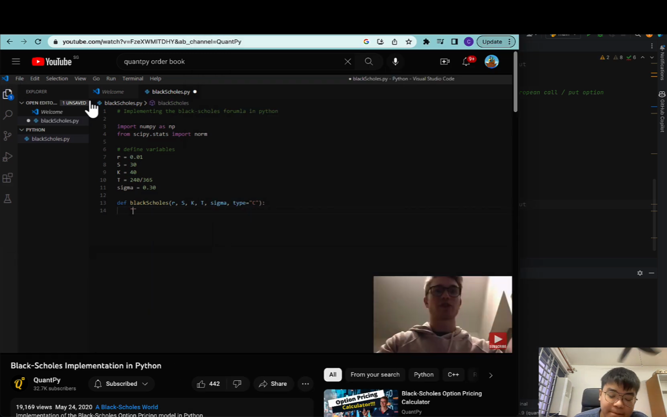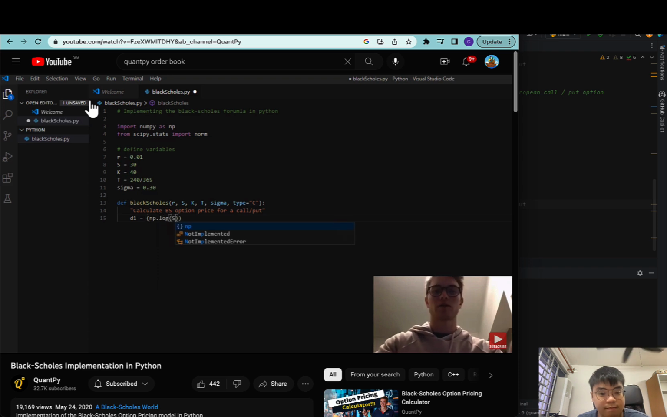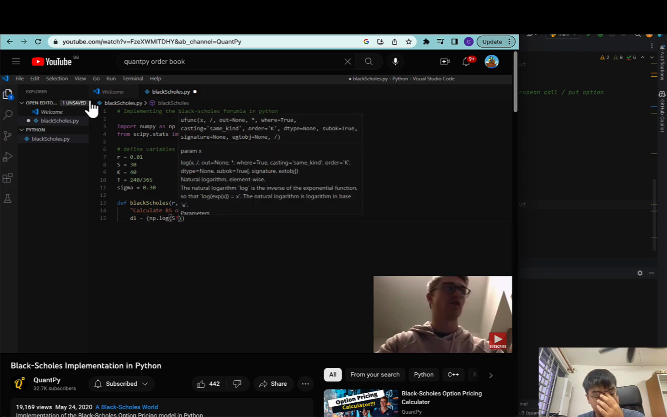So what are we going to do in this function? It's always good to define what you're going to do, so if someone's reading over your code, they can see clearly. We're going to calculate the Black-Scholes option price for a call or put. Cool. So the first thing that we're going to define is D1 and D2. So D1 is the natural logarithm. So np.log of S over K